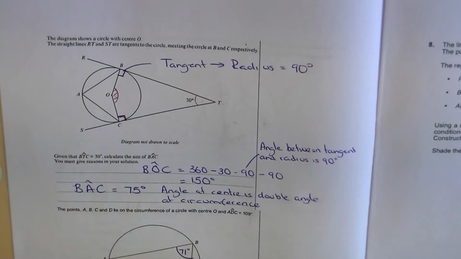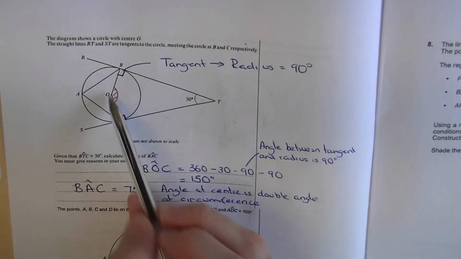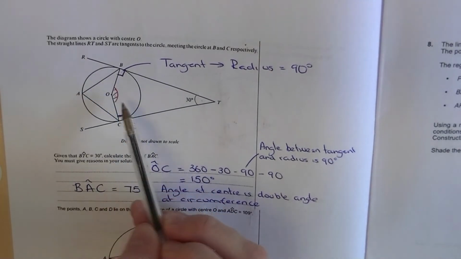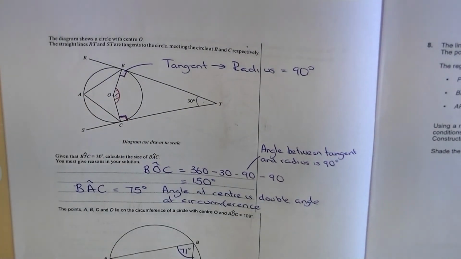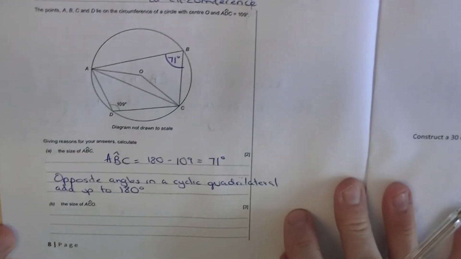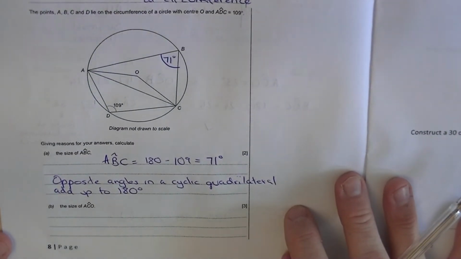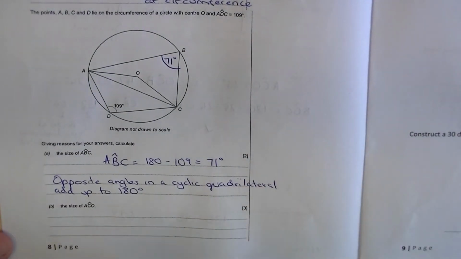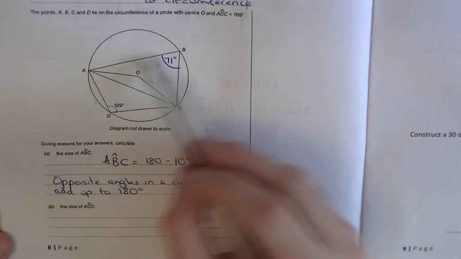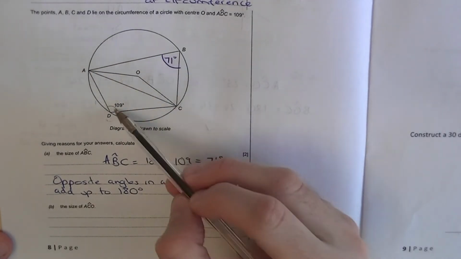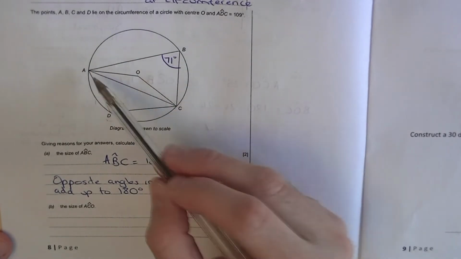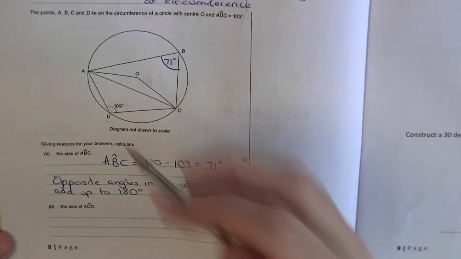Once I know that that's 150, that's half of that. You've got that arrowhead shape, angle at the circumference, half the angle at the centre, and the same here. Why have I left this one? Well, I've got my cyclic quadrilateral ABCD, so they add up to 180. They're the opposite angles in a cyclic quadrilateral. Once I know that,